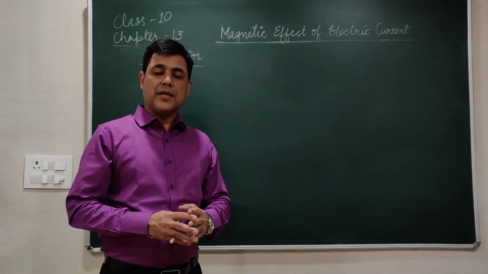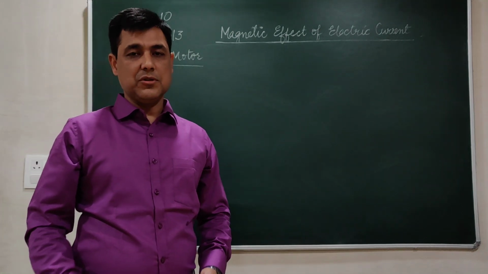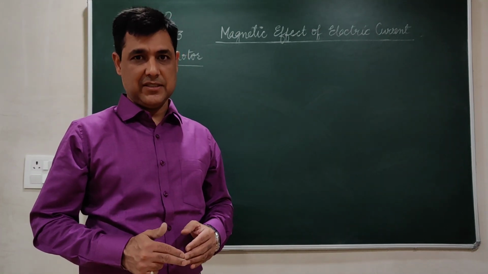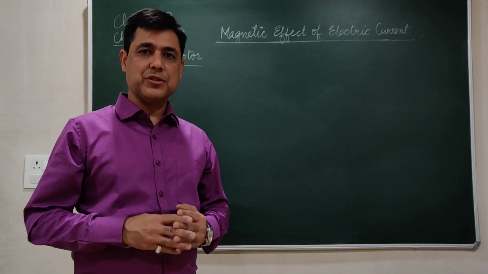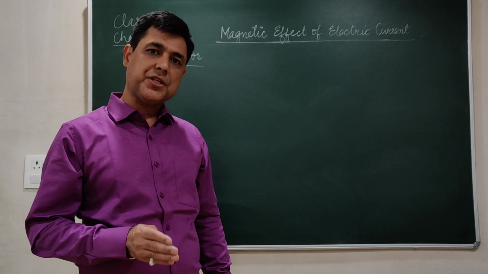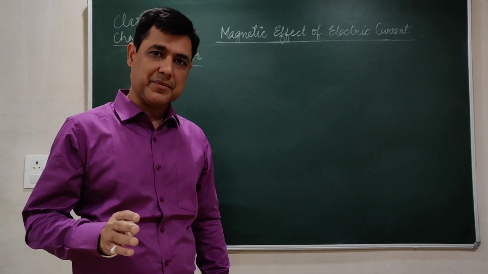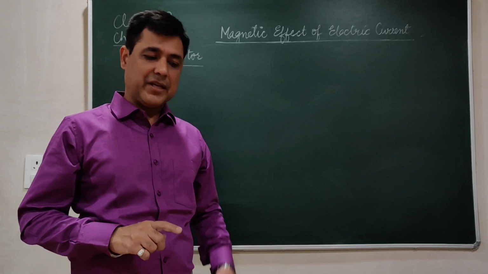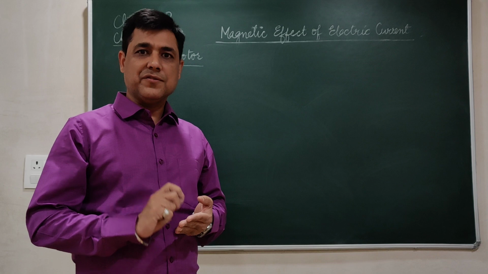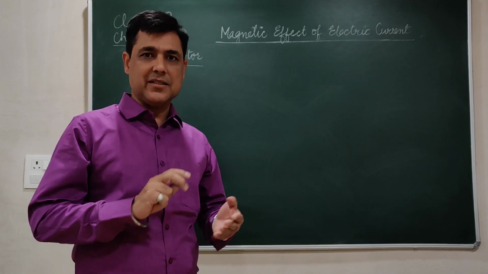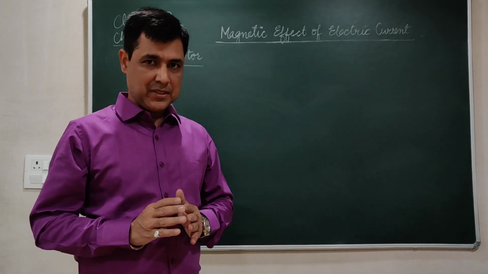Now, next section we are talking about DC motor. Let me tell you what is DC. DC is direct current. Direct current means that the direction of current does not change with respect to time. That means the direction of current in that particular circuit remains constant every time. So whenever you are using a battery or a cell, that kind of circuit is known as a DC circuit, direct current circuit, where the direction of current remains constant, it is fixed.